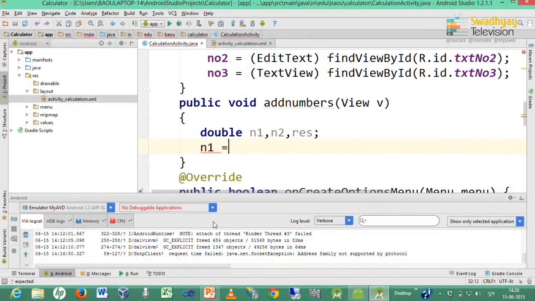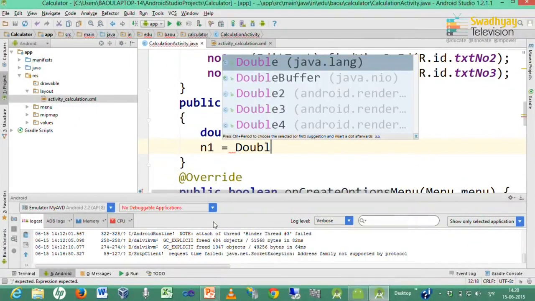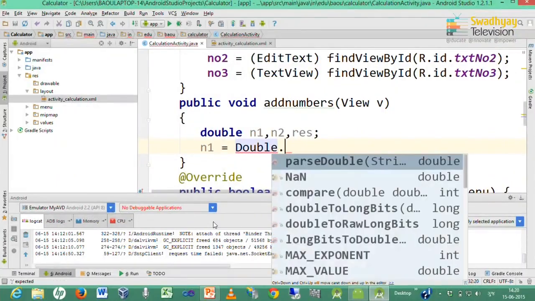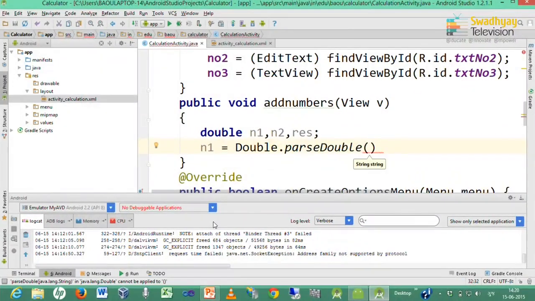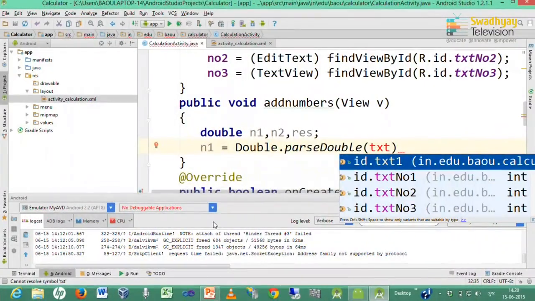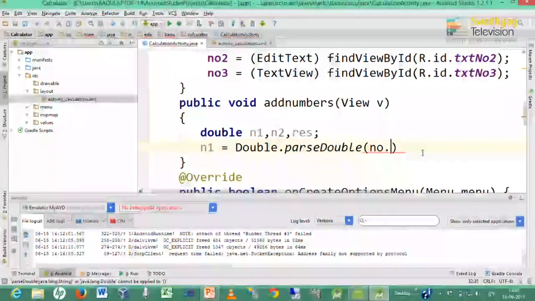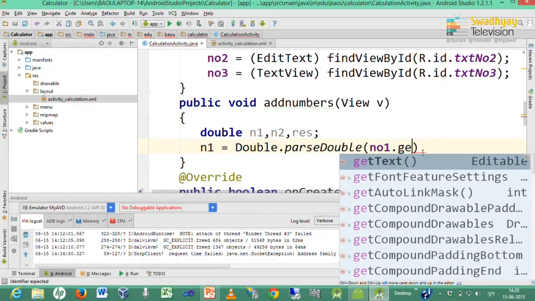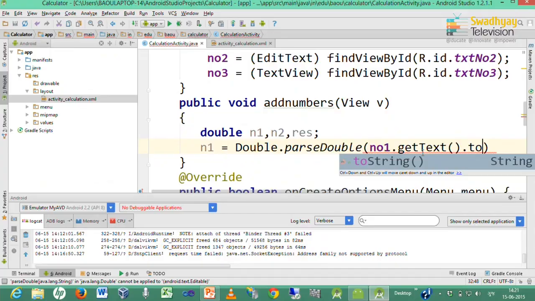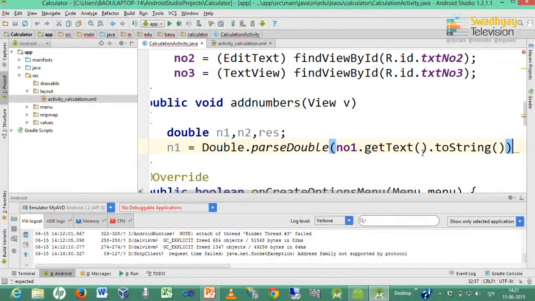So, n1 is the value entered by the user in the first text box, which is txtNO1. txtNO1 is represented by NO1. So, here I use NO1 dot getText dot toString. Now, what does it mean?